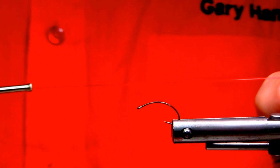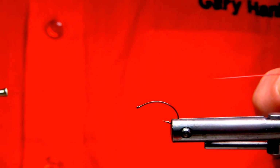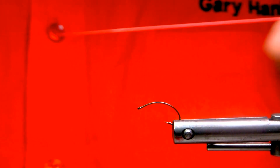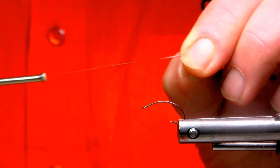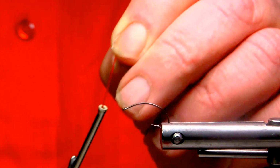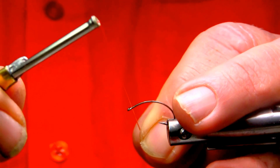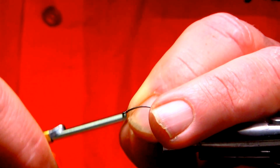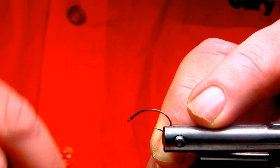What I'm using is a product that's called micro half round, and as you can see, it's very stretchable. It's similar to D-rib, but it has considerably more stretch and is easier to manipulate as a thread material. So I'll just start the pattern right behind the eye of the hook, and we'll just catch it in here, and we'll do